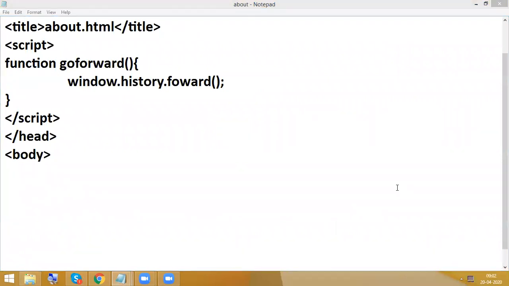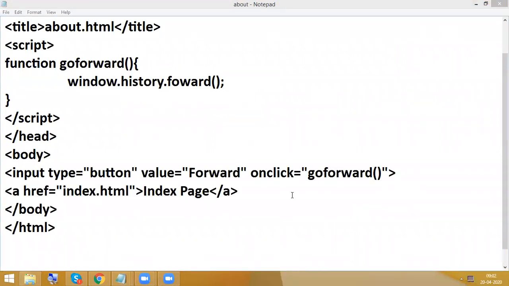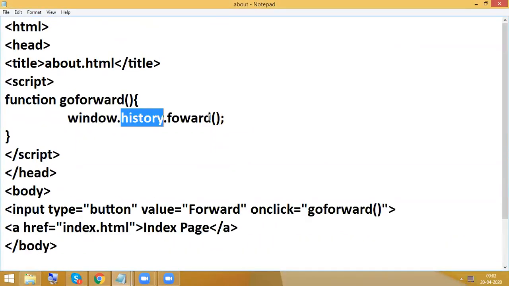Nothing is there. We need to have both back and forth navigation between the pages, so with the help of history.